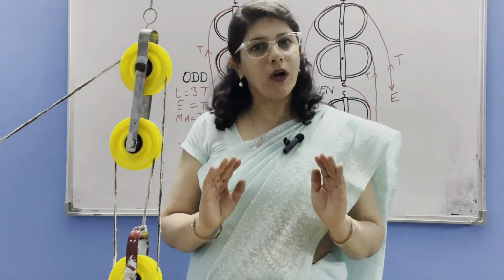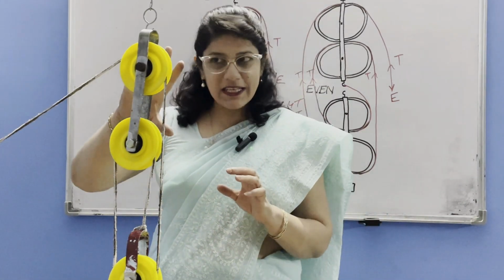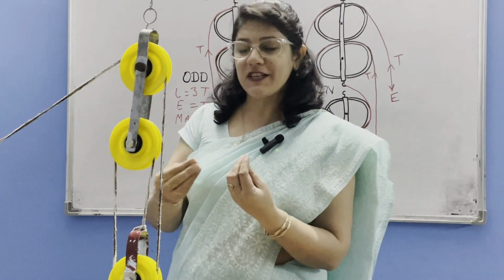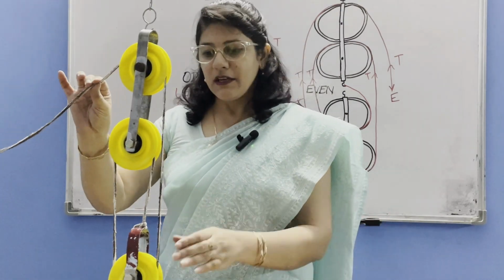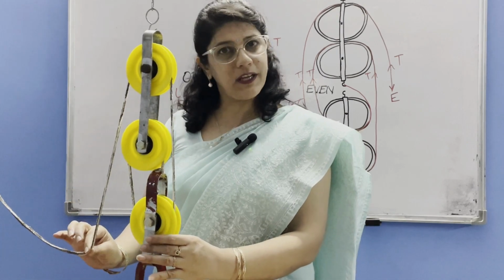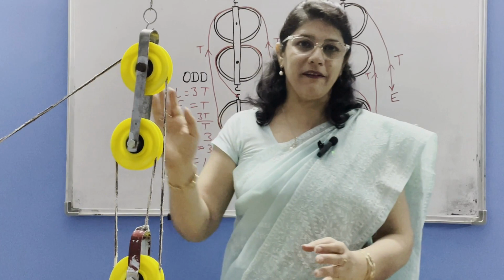I hope all your doubts regarding the pulleys are now clear. Why this upper block is fixed, why the lower block is movable, why even if it is movable, it will not topple, it will not fall down, it will lift the load 3 times heavier. We can apply effort in the downward direction. So now all these doubts should be clear.